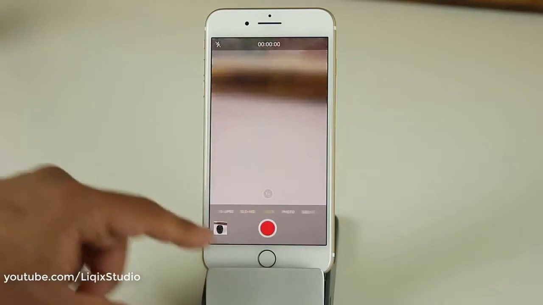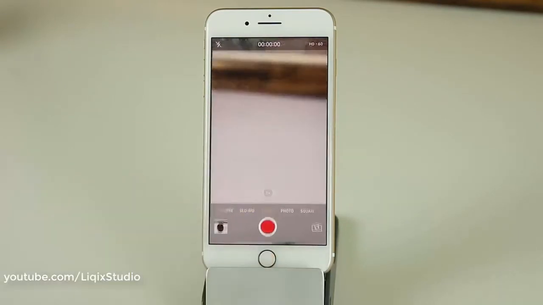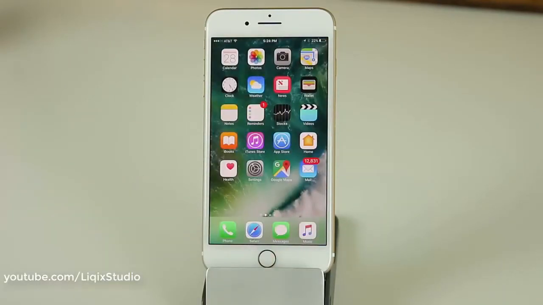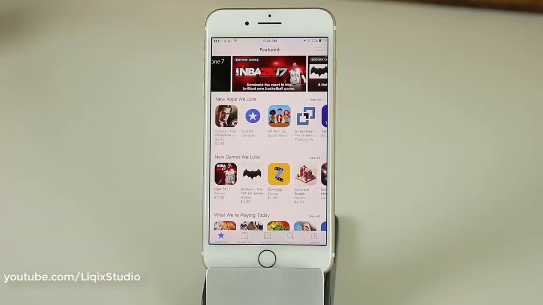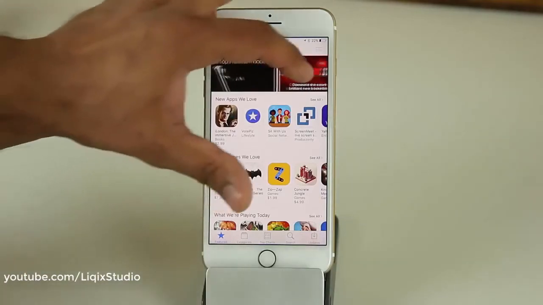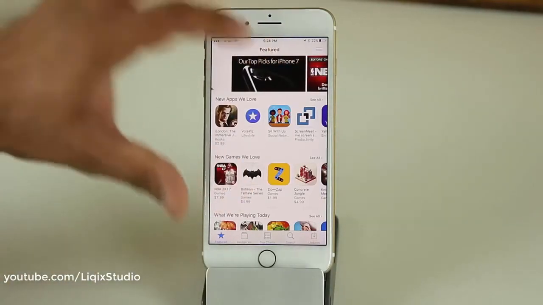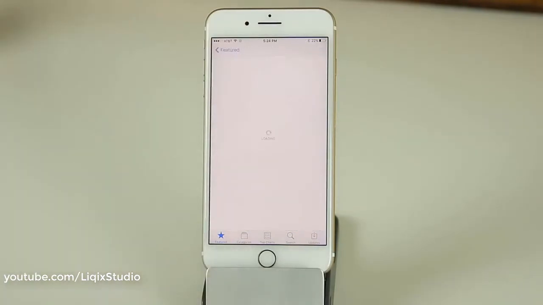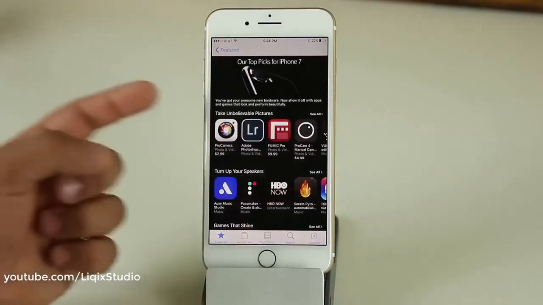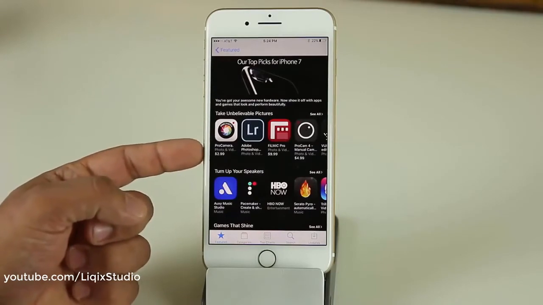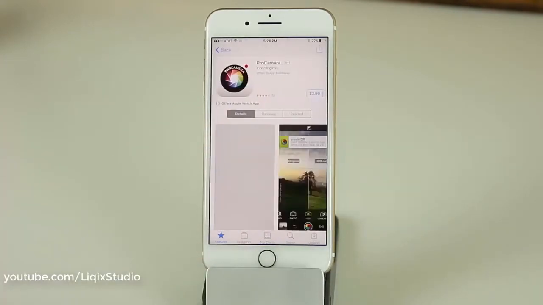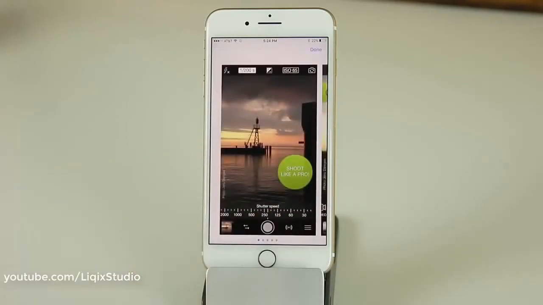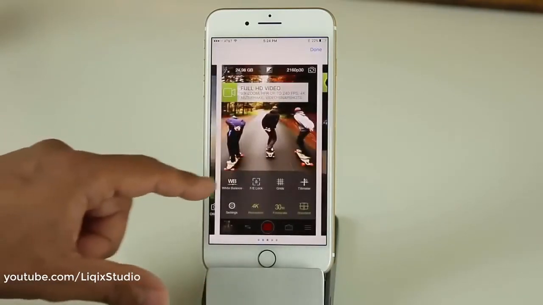And I do want to let you know, if you're looking for a camera that is a little more advanced, if you want to dive into the camera and configure a lot of options manually, you can always go to the App Store and download a camera app that is more advanced than the basic app on the iPhone. As a matter of fact, if you go right over here, there's one camera that I just see. It's called Pro Camera. It's $2.99 right now. It's on sale. This one is going to give you more options, and as you can see, it's much more advanced. So you have the option